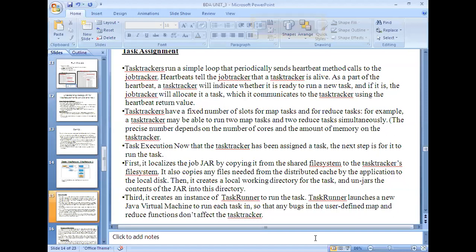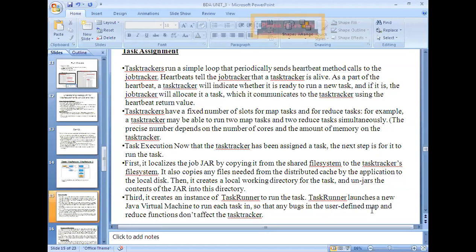Then it creates a local working directory for the task and unjars the contents of the jar into this directory. Whatever information was captured from the shared environment is unzipped and stored in a local directory of the node where the task tracker is running. And then it creates an instance of the task runner to run the task.